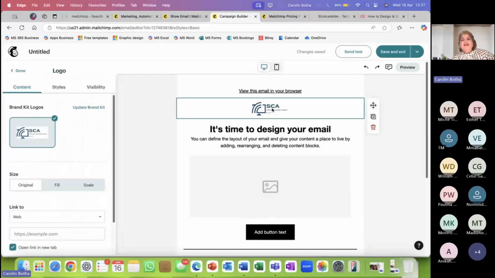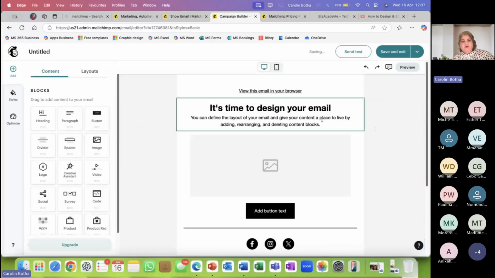Okay, so I don't need two logos over here. I prefer, let's say, to have my logo at the bottom. So I just click on this building block and I go and remove the block over here on the right hand side. There's also an option if you've created a block and you like it and you want to repeat it and maybe just change some wording in it, you can go and duplicate this block, and over here you can move it. So you can move it up and down. You can change your mind as many times as you like in this building phase that you are in.